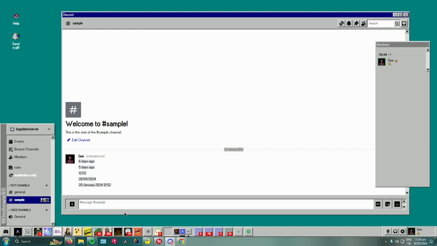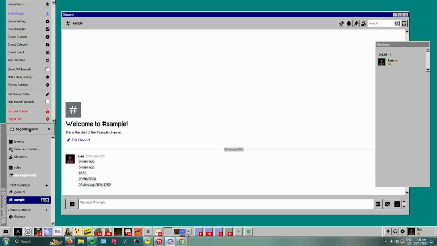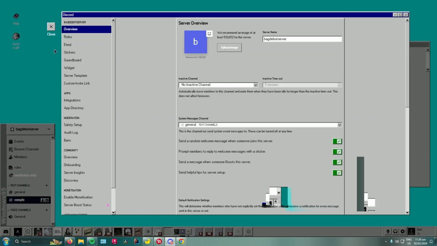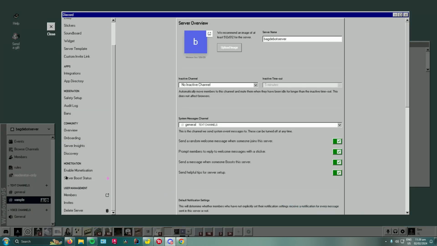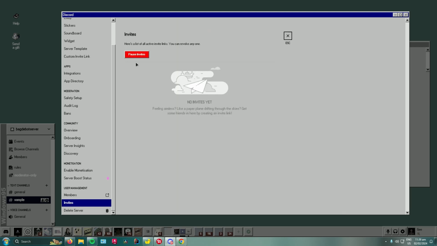So first, open up your Discord server and then click on your server name or click on this arrow right here. Click on it and then go to server settings and then scroll down until you see invites and then click on invites. And then as you can see over here, there's an option here that can allow you to